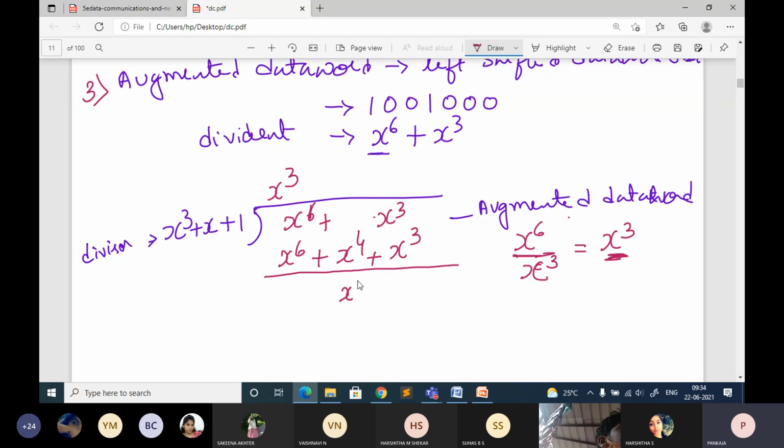You are going to get x bar 4. Okay, so now this is the first step. Do you want to continue the division further, or are you going to stop here? Minus x bar 4, right? Yes, it's minus x bar 4, right, ma'am?